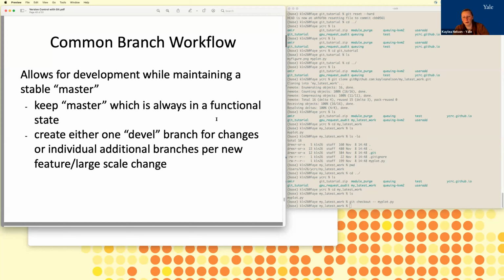You can either have one branch that always runs alongside your main branch. That's called,